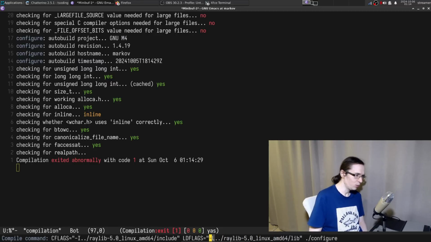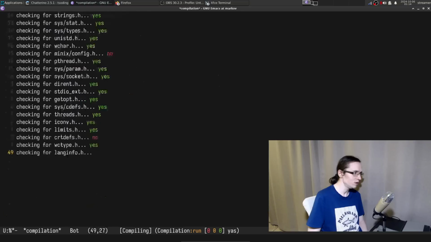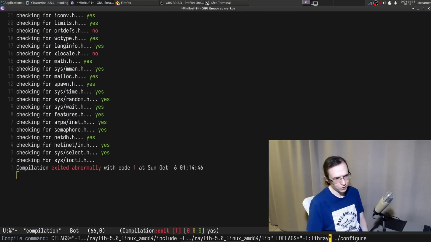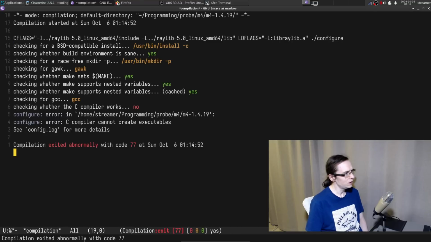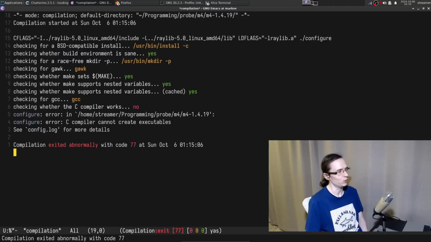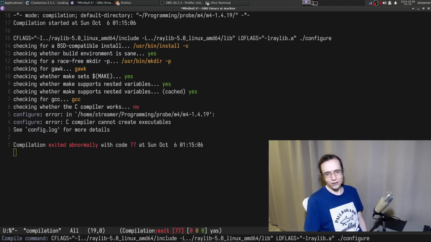Okay, we figured that. This is because of the second argument in here. How can we have several files in here? Pass it as CFLAGS, but can you put spaces in here? Okay, you can. So then I can put -l and libraylib.a. It doesn't work. -l with colon, because it lets me explicitly say what kind of library I want to have in here, but by default it will pick up the dynamic one. Okay, LDFLAGS don't work.